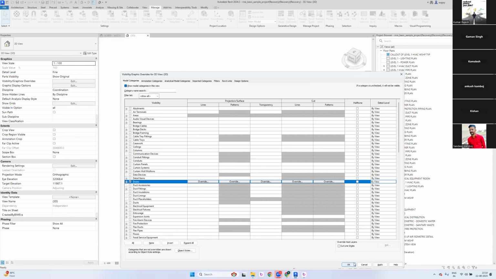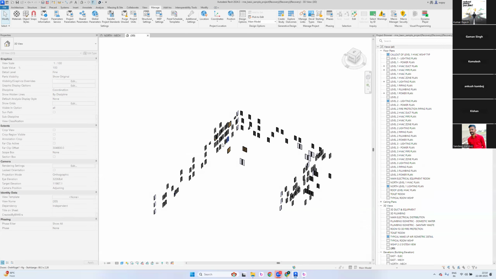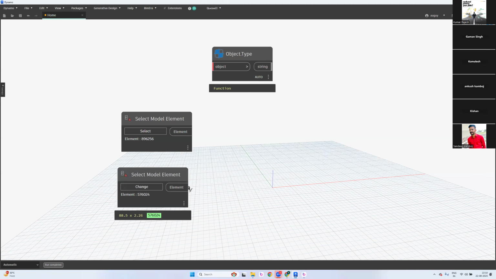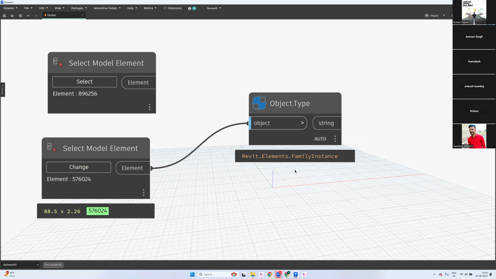Doors. Select a door and connect this to this. What is it showing as? Revit.Elements.FamilyInstance. So if it is showing a lengthy text, I don't want you to remember this entire thing. Revit.Elements.FamilyInstance. So remember only the last part. What is it showing? Family instance. Okay. So what if I change this to